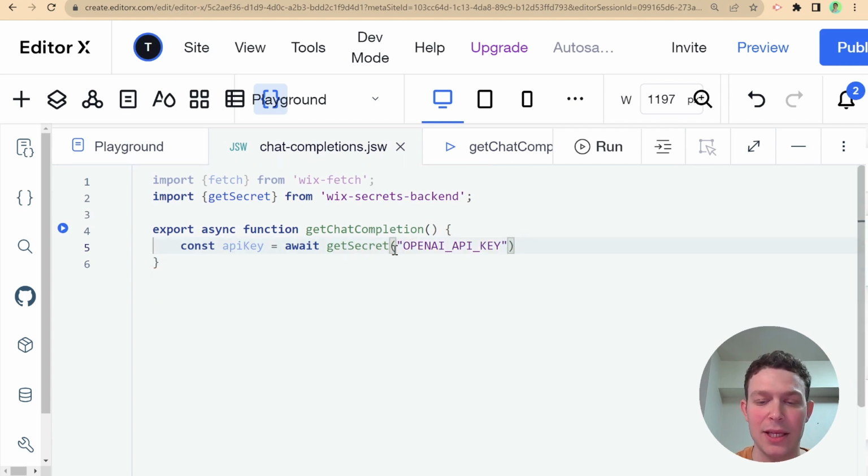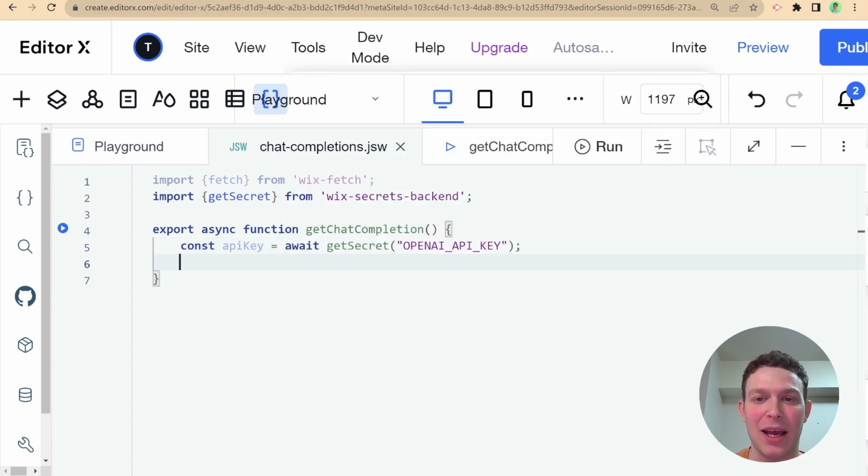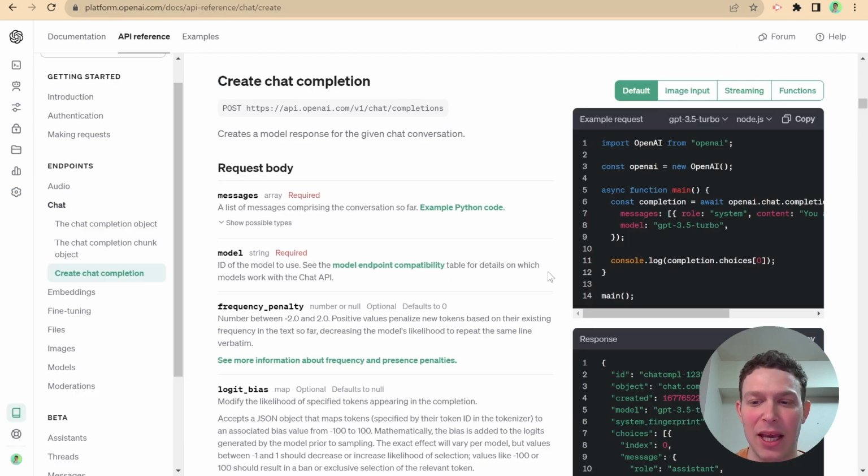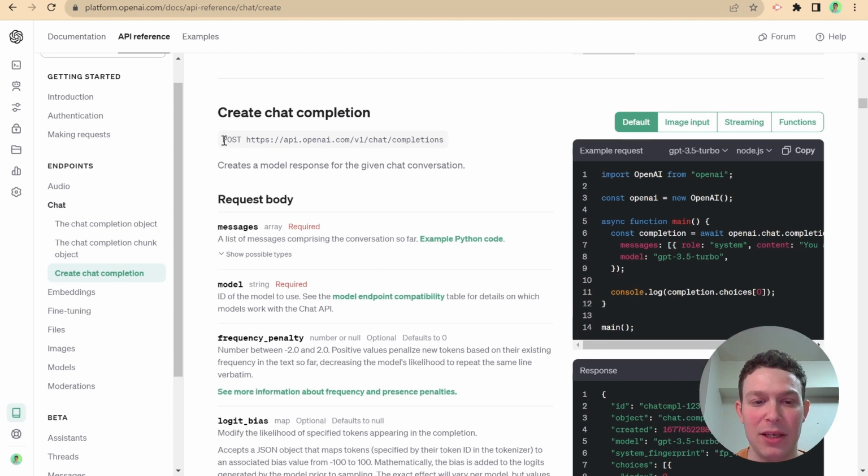And that's probably the easiest part about what we're going to be doing. And now things start to get fun. So let's head over to the OpenAI API reference, and we'll see here what the request looks like that we need to send over. So first of all, we know it's going to be a post request, and here we have the endpoint. So let me copy over the endpoint